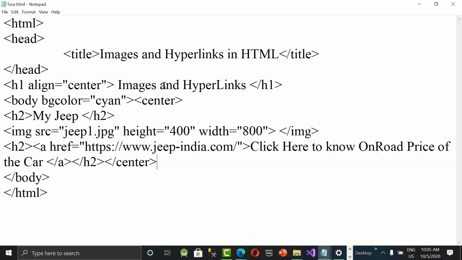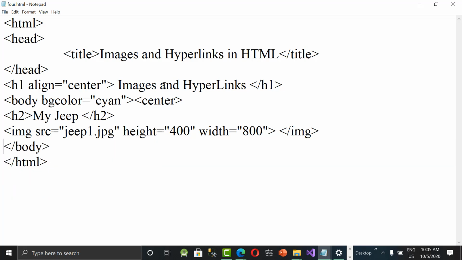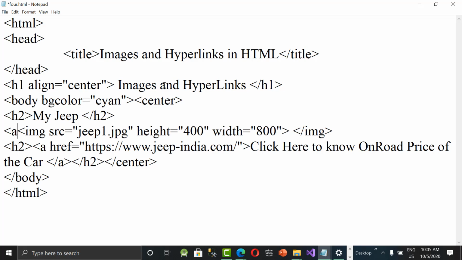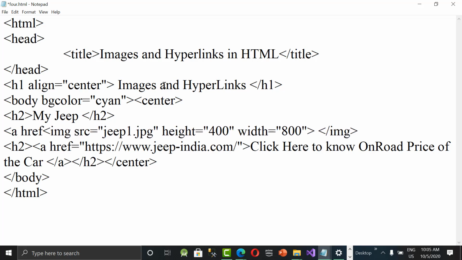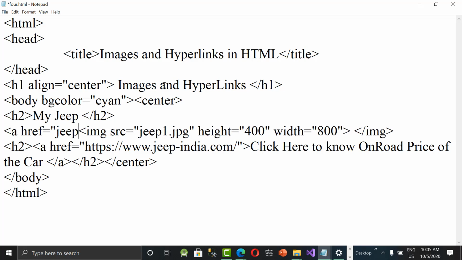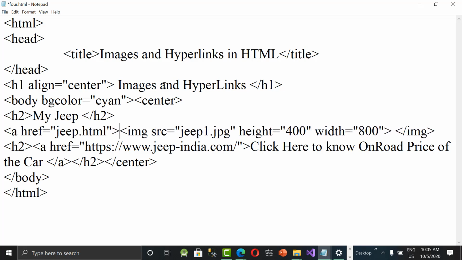Now to this image I wanted to give a hyperlink. So here I'm giving href is equal to where I want to go whenever the user clicks on this image. I want to take him to zip.html. That's it. And here I need to close it. At the end I'm closing.